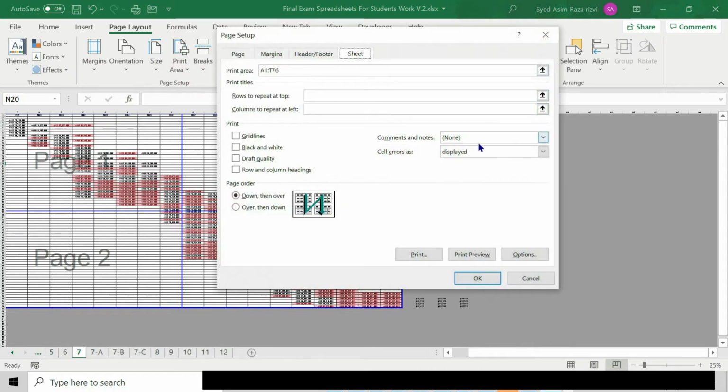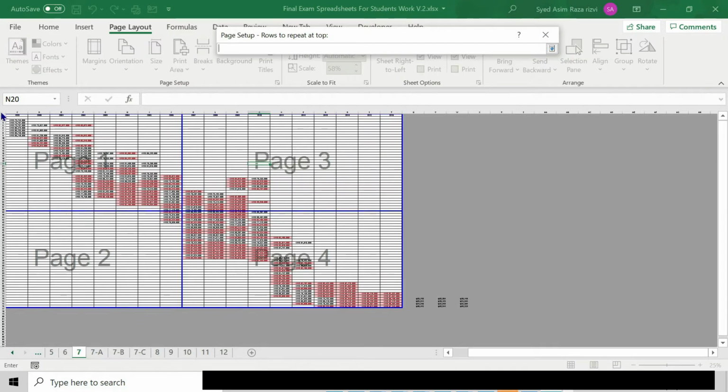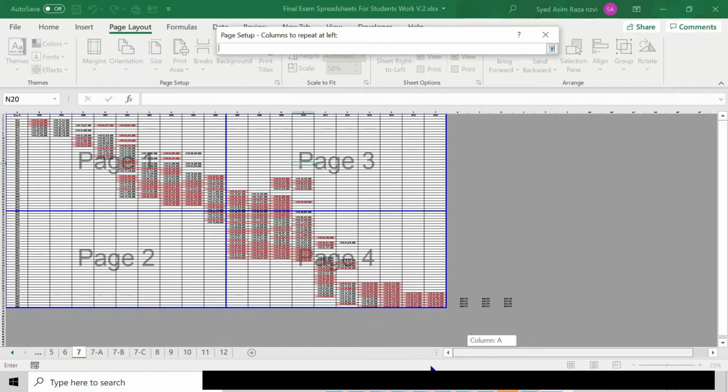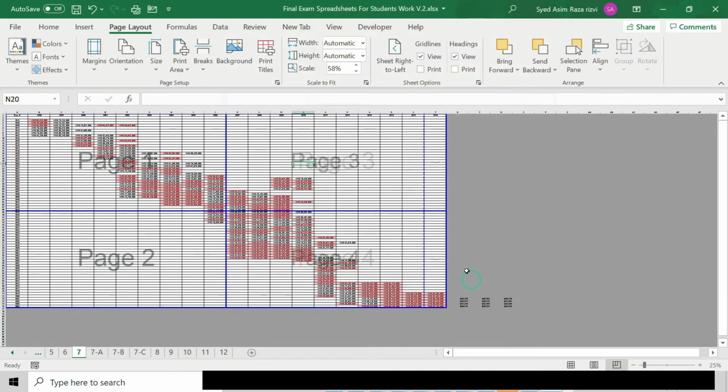So print the titles, select, and then come over here and then select the column that you are interested in, select the column, say okay,